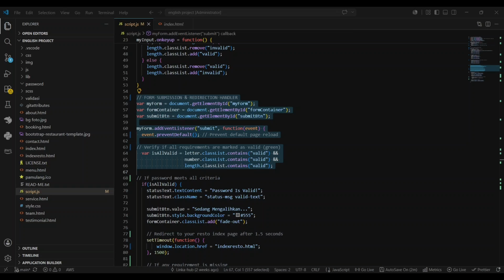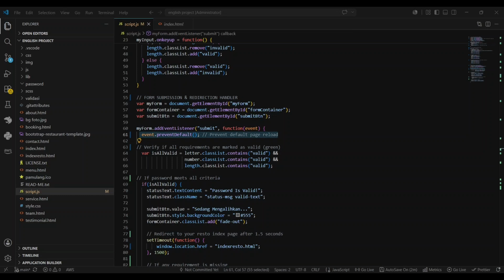Finally, when the submit button is clicked, we use event.preventDefault to stop the page from automatically reloading. JavaScript then performs a final check.